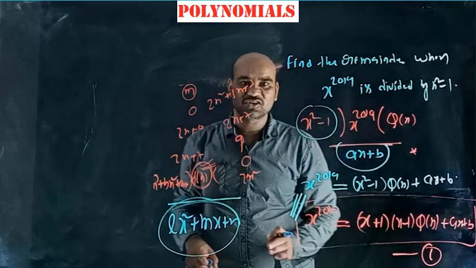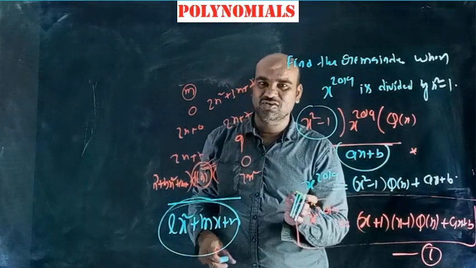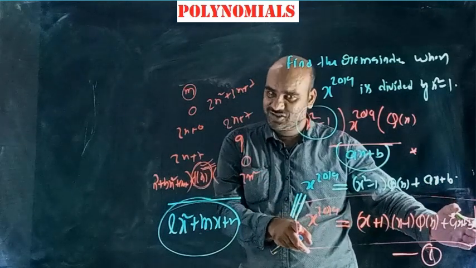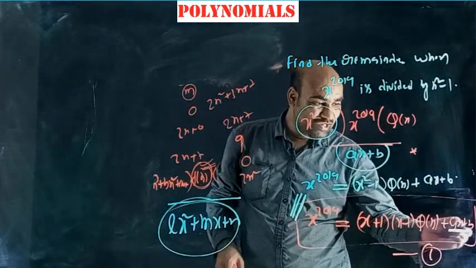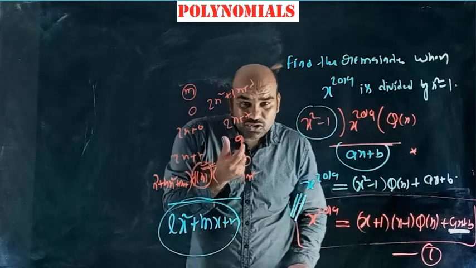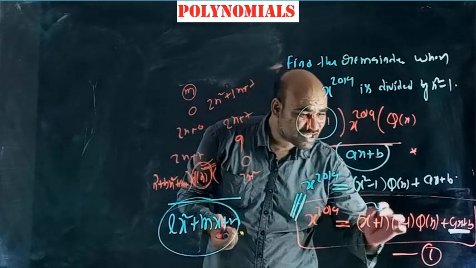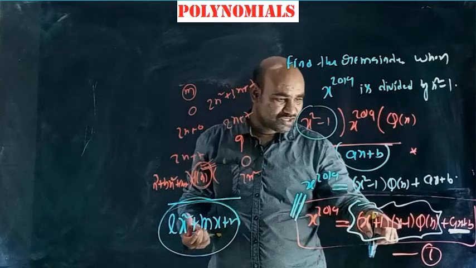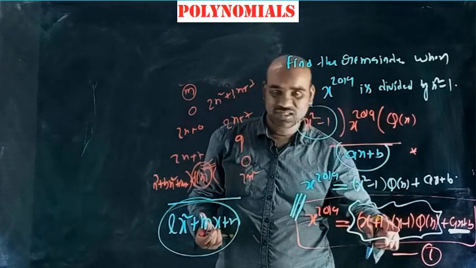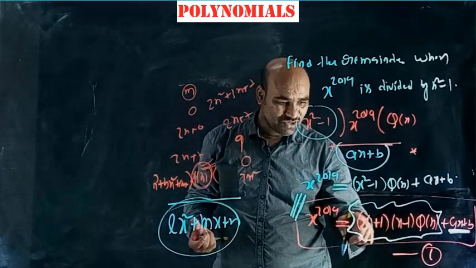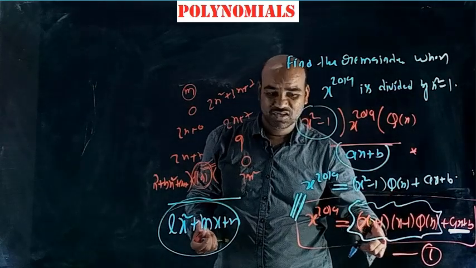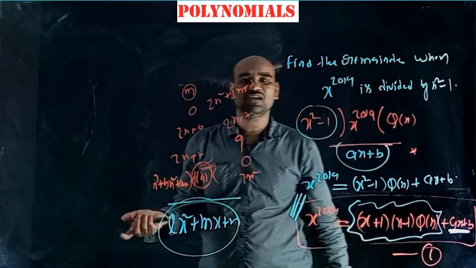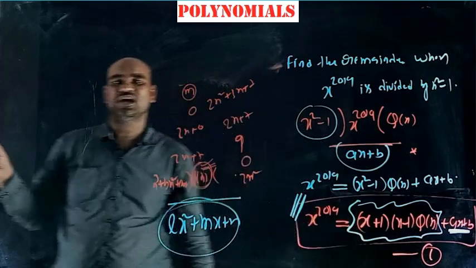You can take x equal to 1, x equal to 2, x equal to 3, x equal to 1 by 2, whatever it may be. This equation is true for all x. But I want the values of a and b, so that's why I choose the values of x so that this expression becomes 0. Okay, x equal to 1, this expression equals 0. See, observe, x minus 1 is there, no? x equal to minus 1, this expression equals 0. Especially it is true for x equal to 1 as well as for x equal to minus 1.